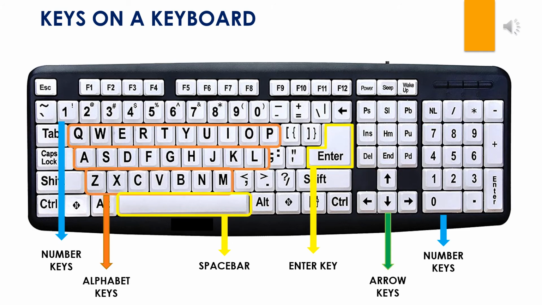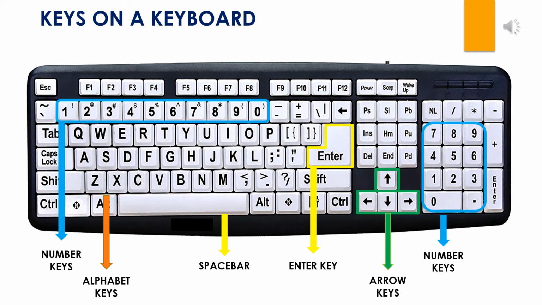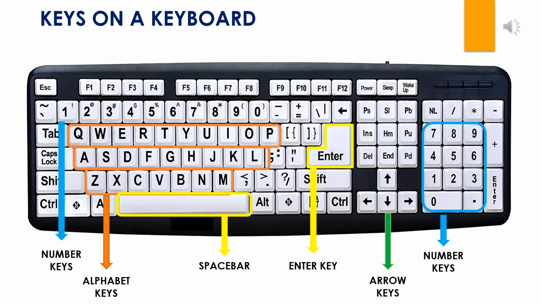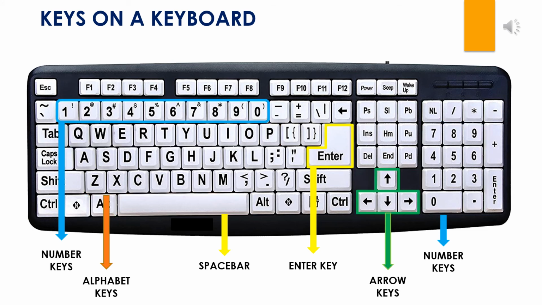We also use the enter key when we get some dialog boxes. Dialog boxes means where it is asked yes or no. Do you want to save? Yes or no. Do you want to open a file? Yes or no. So those options, when we want to click, you can use the enter key. When you want to select a certain button, you can first use the arrow keys to select the right option, and then you can just press the enter key. So the enter key has various uses, and it is considered to be the most important key on the keyboard.